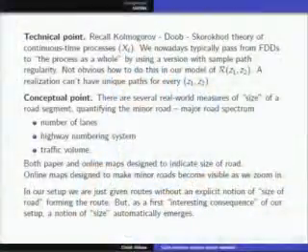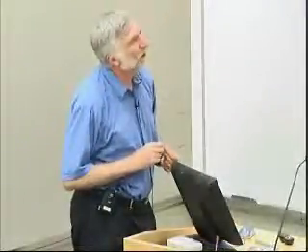Again, let me go back. This all relates to both technical and conceptual points. Kolmogorov consistency works fine for countable index sets. When we go to continuous time processes or uncountable index sets, we have to start worrying about measure theoretic niceties and sets of measure 0 and uncountable unions and things like that. And the